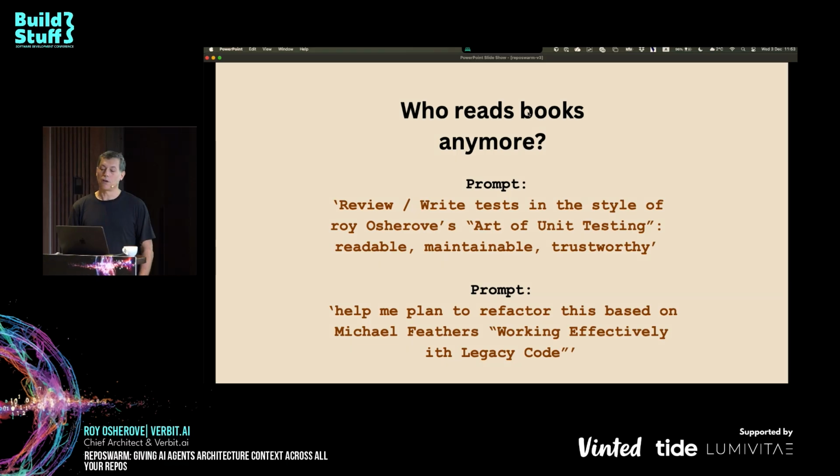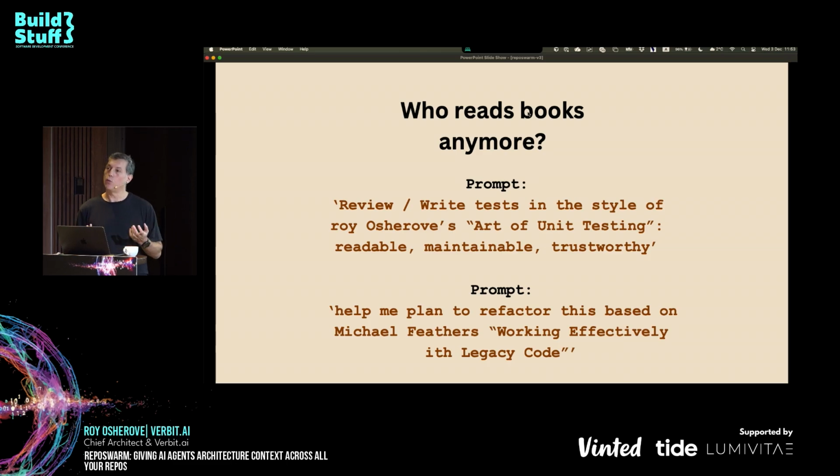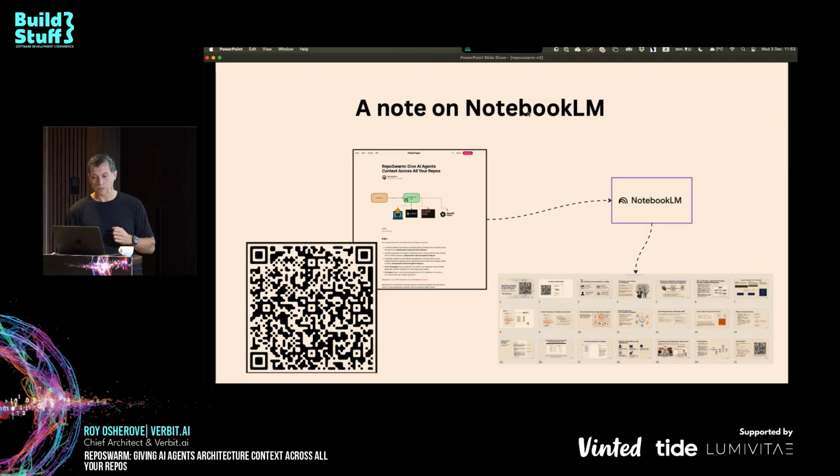And the whole point of this talk is that AI is really there to change or enable new ways of working. But we have to come up with new ways of working with AI. We can't just keep the old ways. And one of the ways that AI can actually help is by transforming huge amounts of information into condensed blobs of information and actually using that in the future.